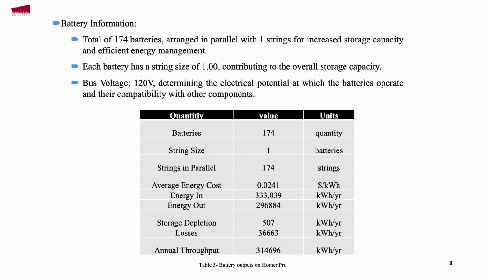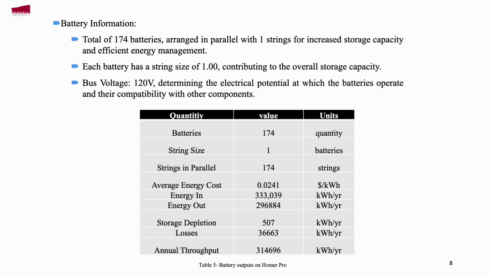Now telling about the battery information. The total number of batteries we use is 174. These are arranged in parallel with one string for increased storage capacity and efficient energy management. Each battery has a string size of 1, contributing to overall storage capacity. The bus voltage is 120 volts, determining the electrical potential at which the batteries operate and their compatibility with other